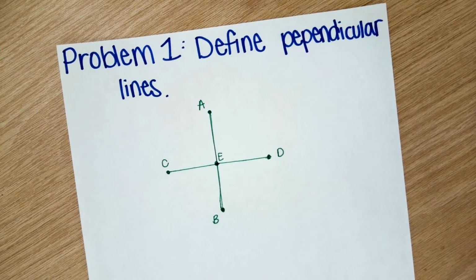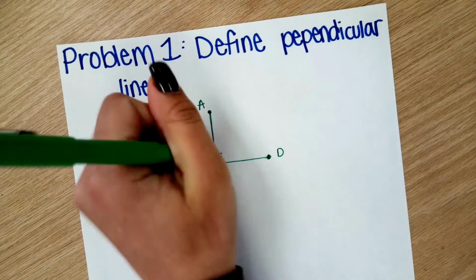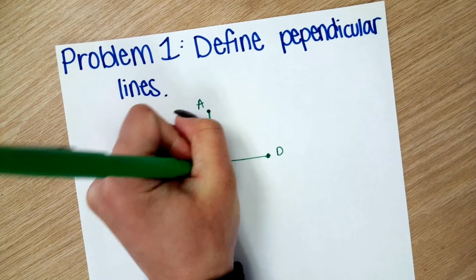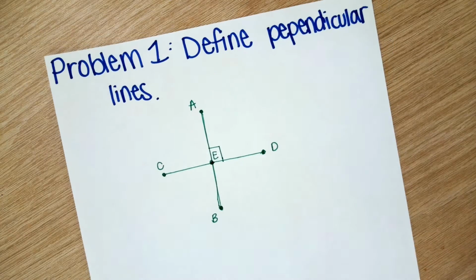I have two line segments, and I have created 1, 2, 3, 4 right angles. Line segment A and E and D make right angles. And I could continue on going across the board there. Like line segment D and E and C and E come together to make another right angle. Guess what? These lines are